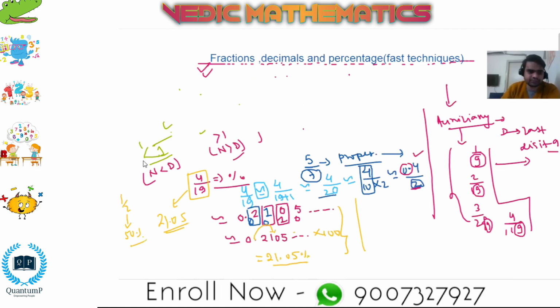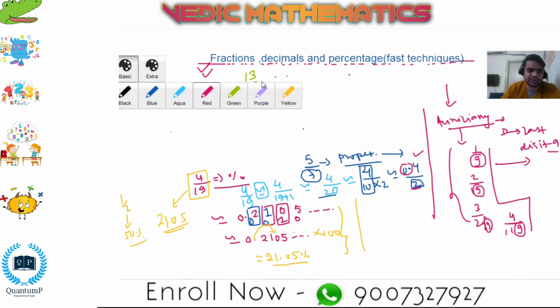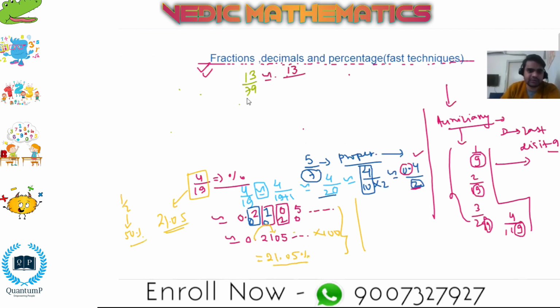Okay, so let's take this time 13 divided by 79. So in 13 by 79 approximately, I'll write 13 by, I'll add 1, 79 plus 1. So why am I adding 1? Because if you add 1 to this denominator, there are no big changes you're going to see, so we can add 1. So this is 80, which becomes 10 into 8, then this 13 by 10 is 1.3 divided by 8,